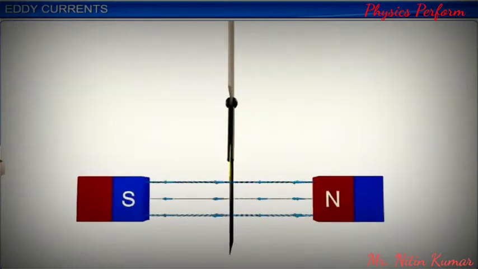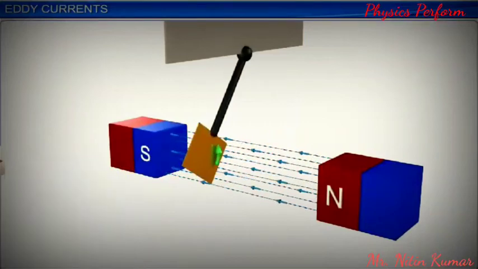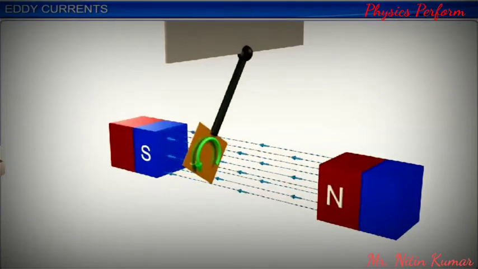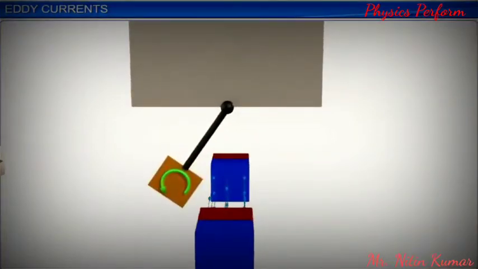As the copper plate enters the field, the changing magnetic flux induces an EMF in the plate, which in turn causes the free electrons in the plate to move, producing circulating eddy currents. Note that the magnetic field is directed from the north pole to the south pole of the magnet that provides the field. When viewed from the north pole side of the magnet, the induced eddy current is counterclockwise as the